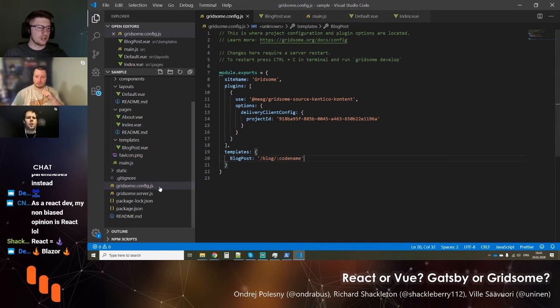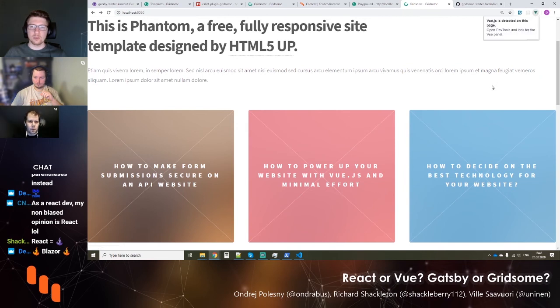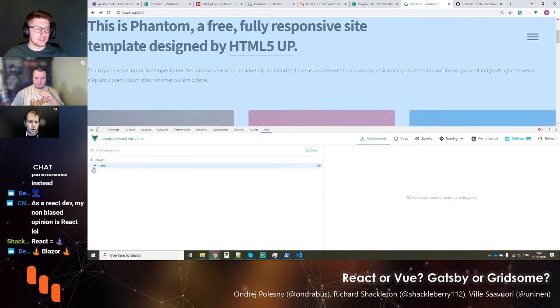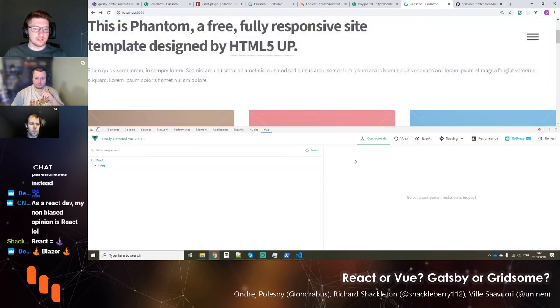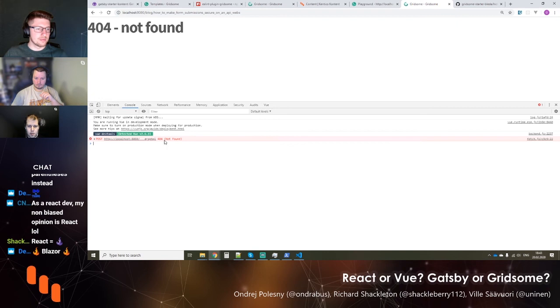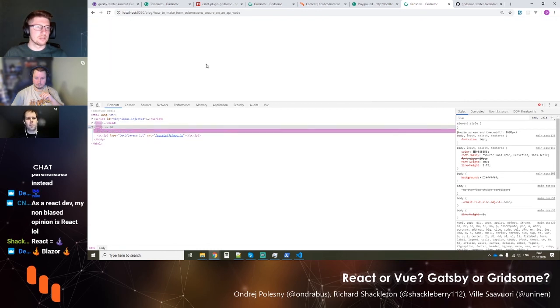Do you have your Vue developer tools installed? Yeah. So they should pop up. Open dev panel, look for the Vue panel. Okay. Yeah. There it is. And now if you try to open the page. Yeah. It should. Oh, you mean the non-existing one? Yeah, yeah. Okay. It should maybe say something in the. Open the console. Does it? No, just not found. Okay, but it doesn't produce any errors either. No. So it's just our